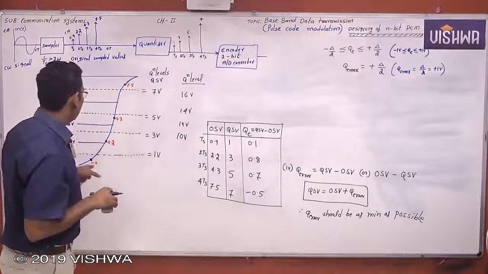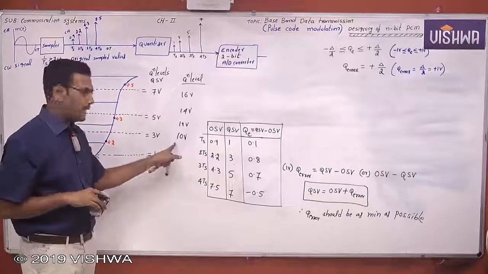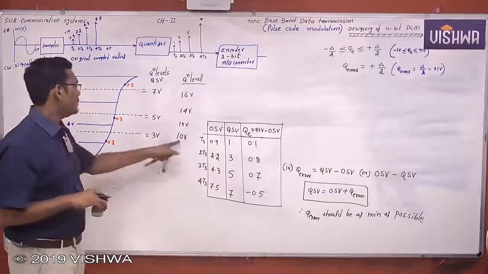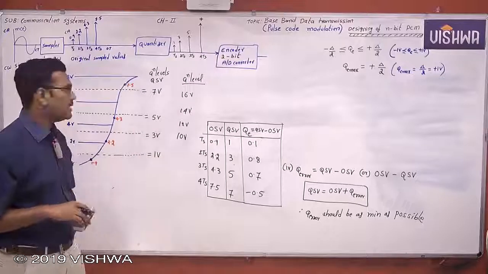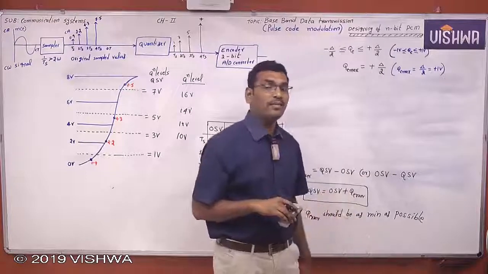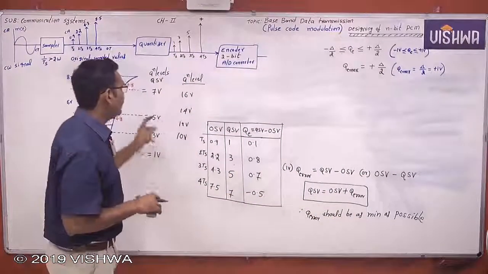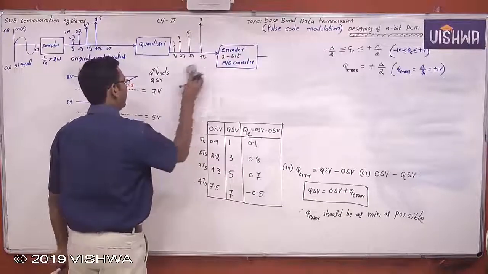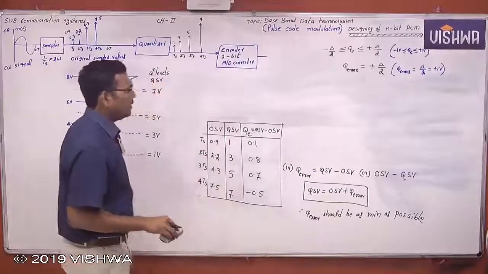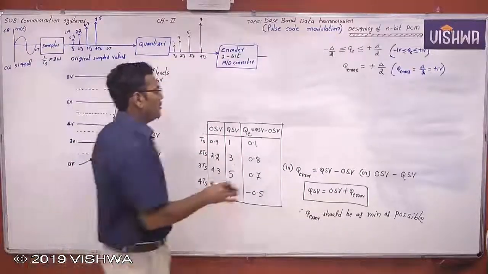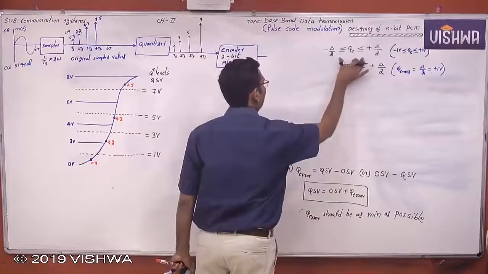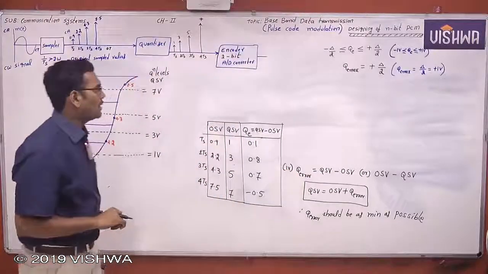So let us take the first one. 0.9 is rounded off to 10. Means what should be the error? 0.9 and this is 10, so 9.1 is the error. But what is the maximum error? Only 1. But how much error are you getting? 9.1 is unacceptable. Nobody will use that type of quantizer. The error will be very, very high, and there is a large deviation between the original signal and the reconstructed signal. That's why, while designing the quantization process, the quantization error should be within acceptable limits.